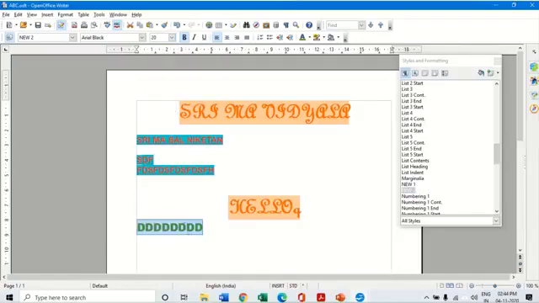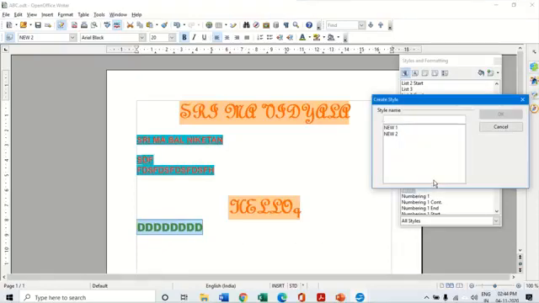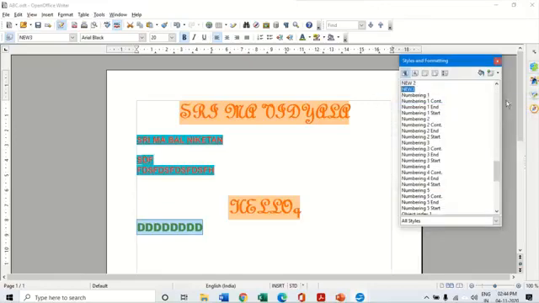And now if I want to drag and drop this, I can simply keep my left mouse button clicked, drag this and put it here and you get the new style. Keep your left mouse button clicked, drag the font and you can write it in a new name. I'm giving it as new 3. So I click on OK. So this way I have created a new style using the drag and drop method.